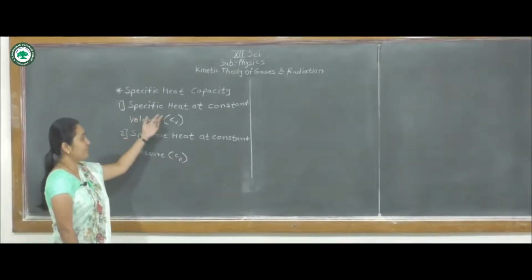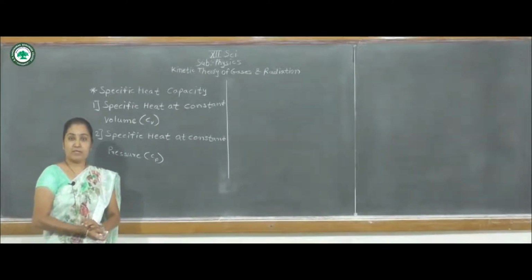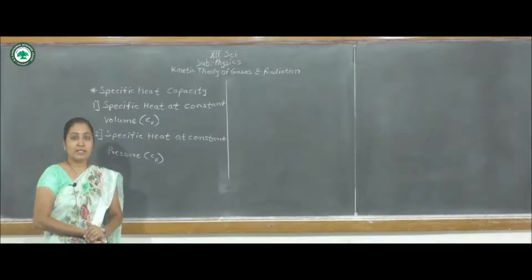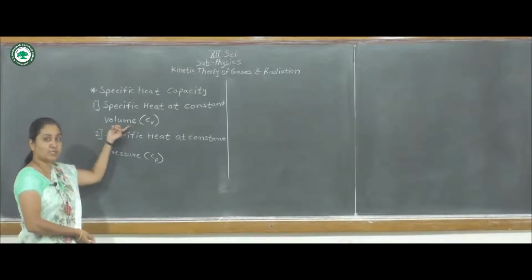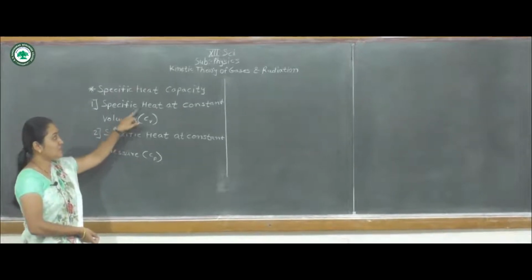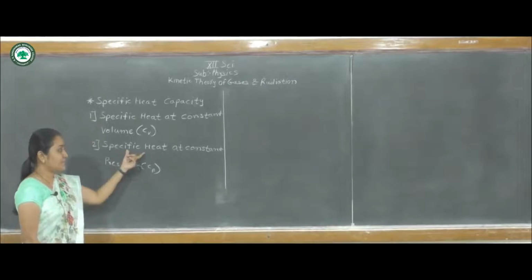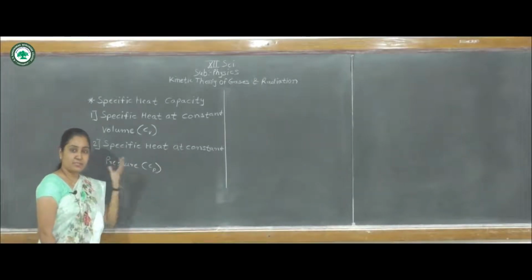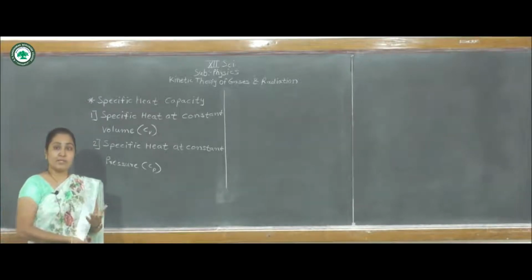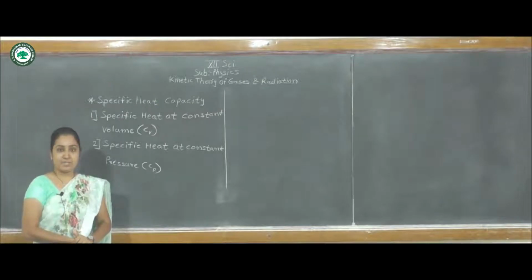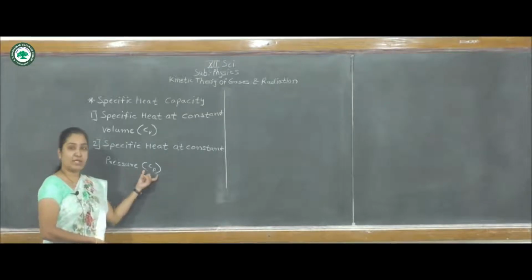Specific heat at constant volume means the amount of heat required to raise the temperature of a gas by 1 degree Celsius or 1 Kelvin at constant volume; it is called specific heat at constant volume, Cv. Similarly, specific heat at constant pressure is defined as the amount of heat required to raise the temperature of a gas by 1 Kelvin or 1 degree Celsius at constant pressure; it is called specific heat at constant pressure,